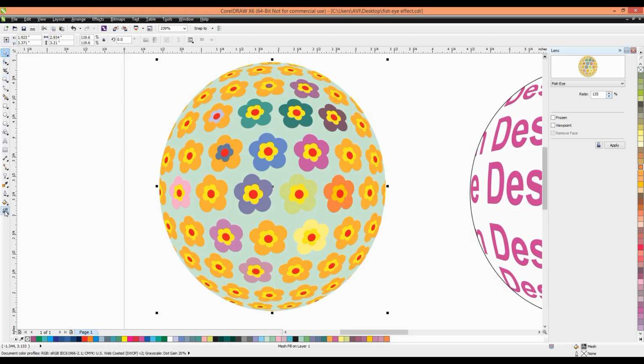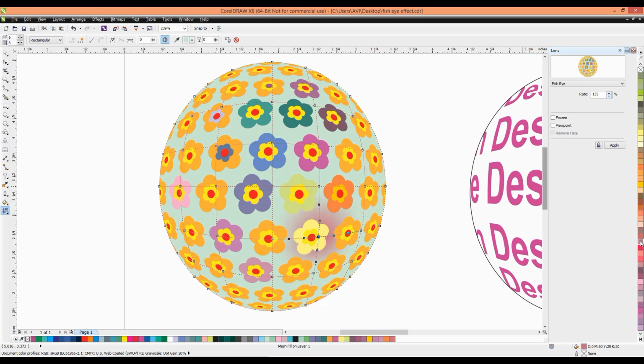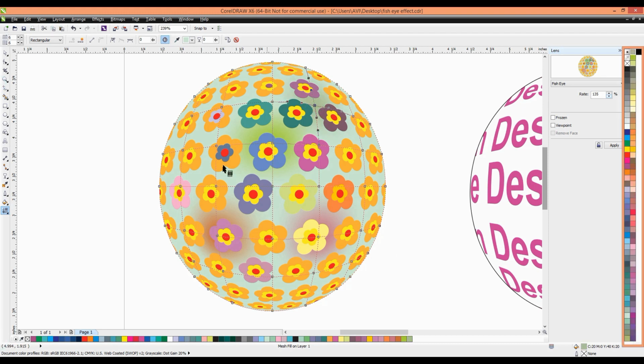When we select mesh fill, you can select each node here. There are so many nodes. You can select any nodes, and again we can change the color inside the circle. Likewise, it creates a nice background effect. Different places have different colors.